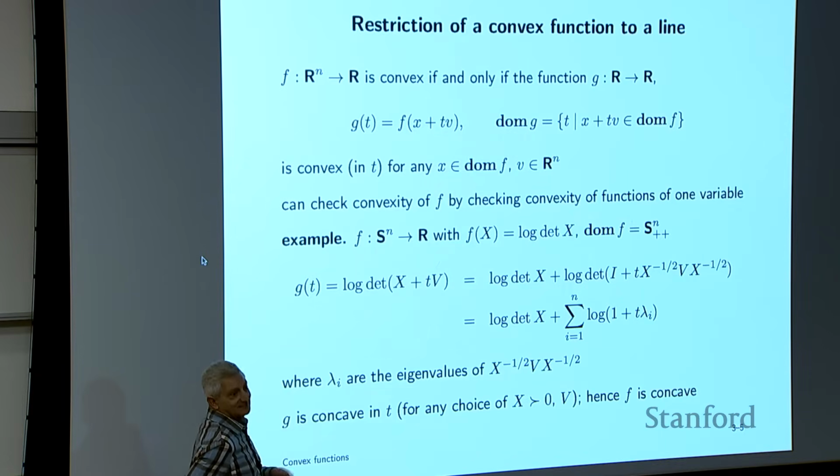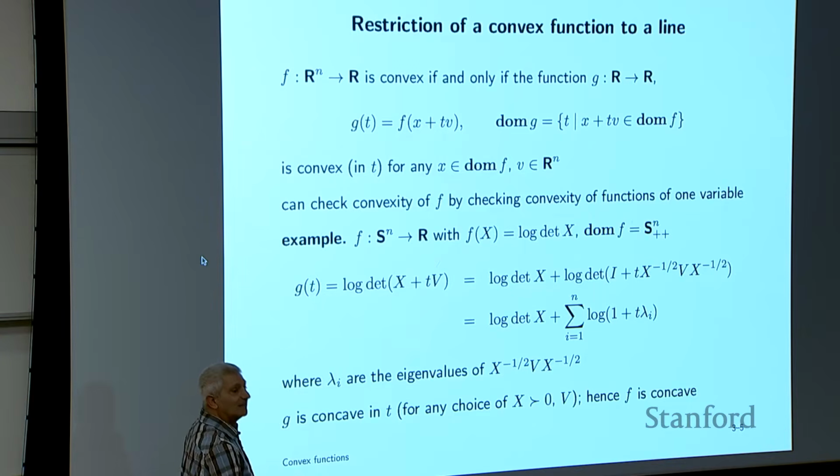Well, we can plot it, but that'll come up. It's concave. Sorry, it's concave. And so the way you do this is here. I just take this matrix expression. I take x to the 1/2 and x to the minus 1/2, and pull them out both sides. This becomes an I. This becomes t times x to the minus 1/2 v x to the minus 1/2. That's this thing. Then the two other terms look like log-det x to the 1/2, each of which is 1/2 log-det x. So I end up with this expression here.